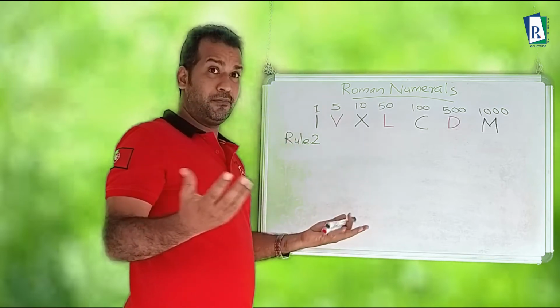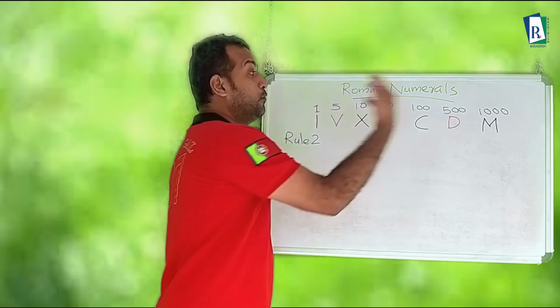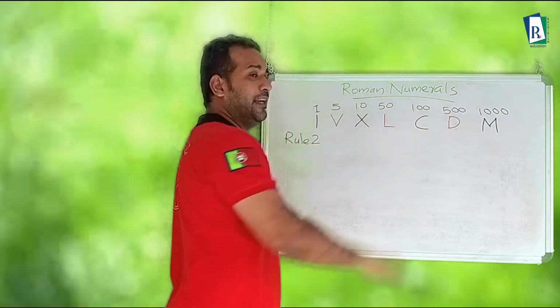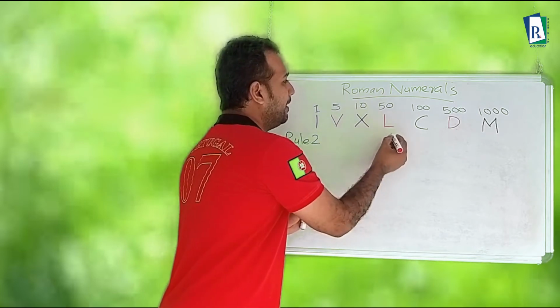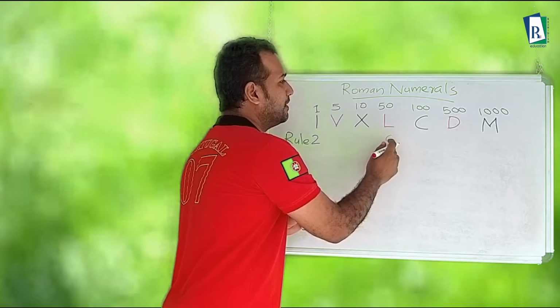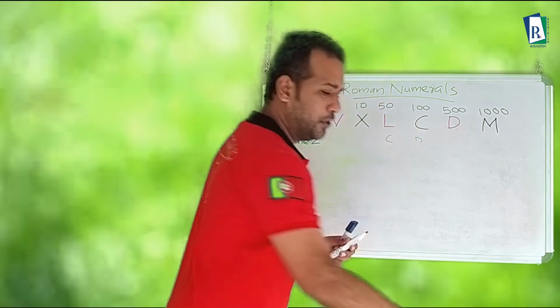If you want, you can do another thing. I will tell you how I remember this order: L, C, D and M. Sometimes there may be some confusion. For 50, some students may write the letter C, and sometimes for 100 they may write D. Like that, some confusion will happen. For that,